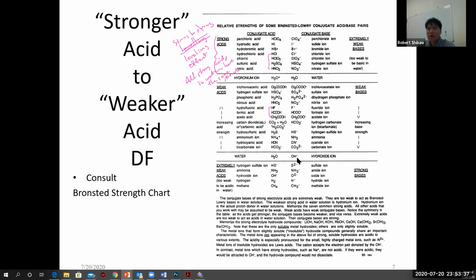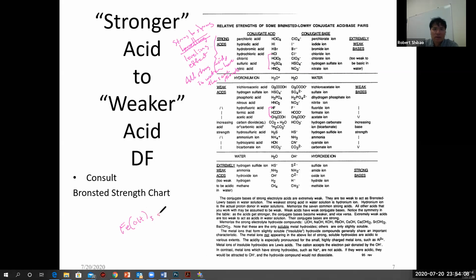The strong bases are the soluble hydroxides. So all soluble hydroxides are strong bases: lithium hydroxide, sodium hydroxide, potassium hydroxide, rubidium hydroxide, cesium hydroxide, calcium hydroxide, strontium hydroxide, and barium hydroxide. Those are all the soluble hydroxides. The insoluble hydroxides, like iron 3 hydroxide, we wouldn't consider a strong base. That would be a weak base. Why? Because it's insoluble. You could eat this stuff and it probably wouldn't kill you, but you wouldn't want to eat any of these strong bases. That would be trouble.